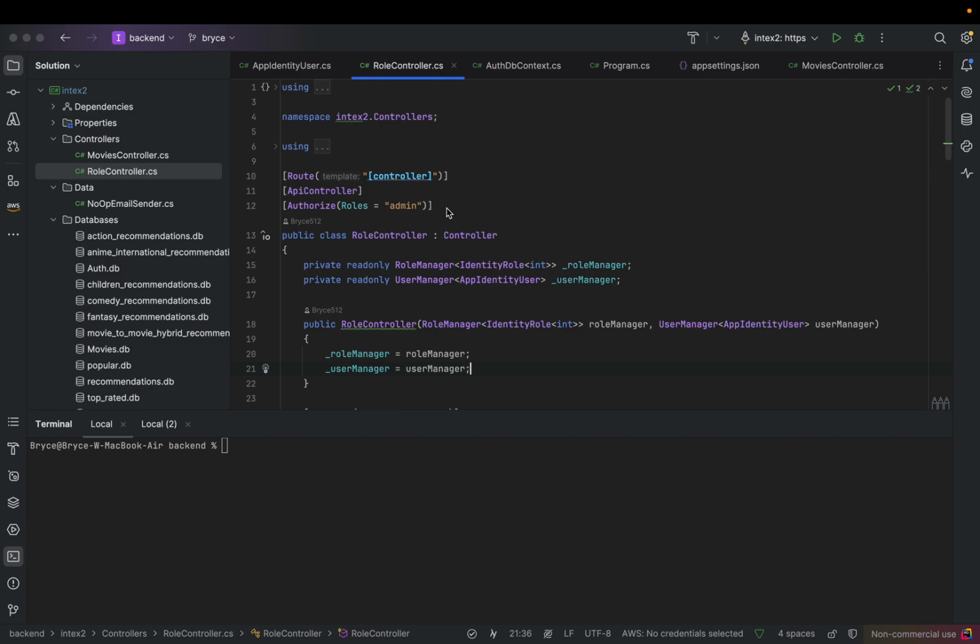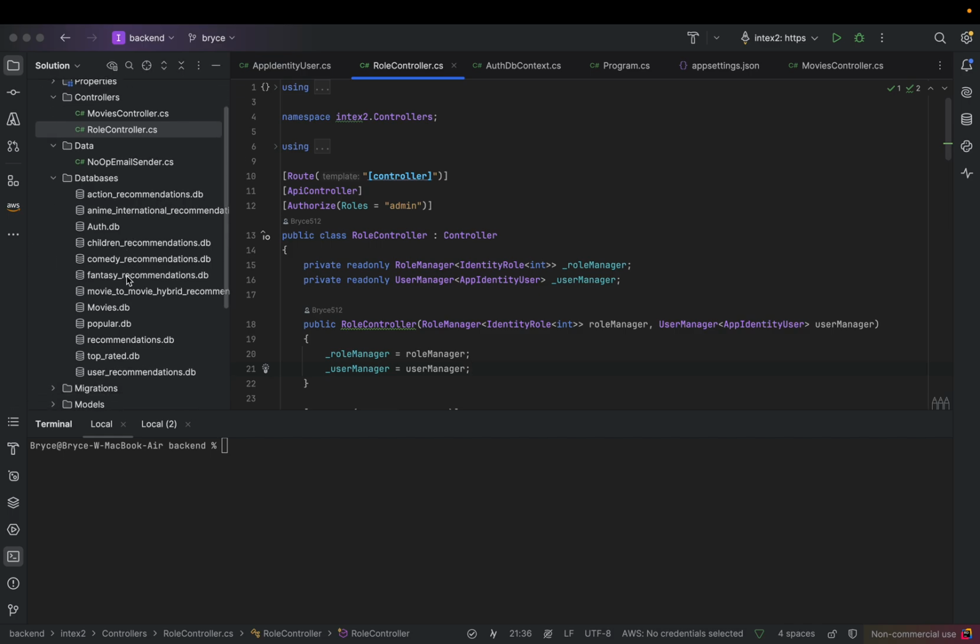The dotnet identity library is a pretty awesome library. It handles a lot of good stuff as far as security for you, but it can be pretty difficult if you don't really know what's going on. So today we're going to go from